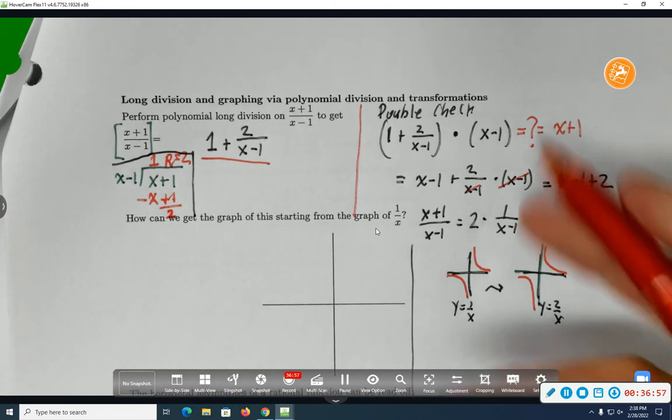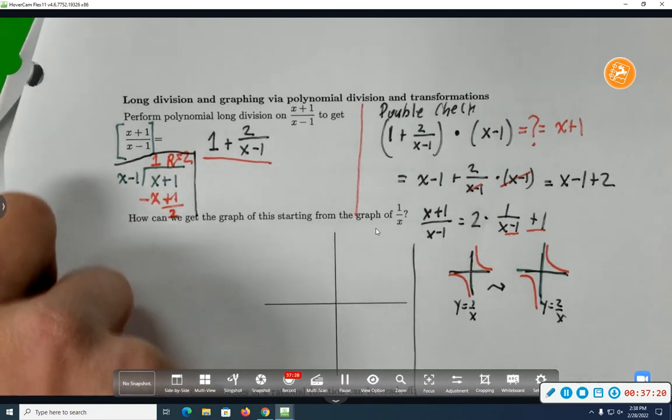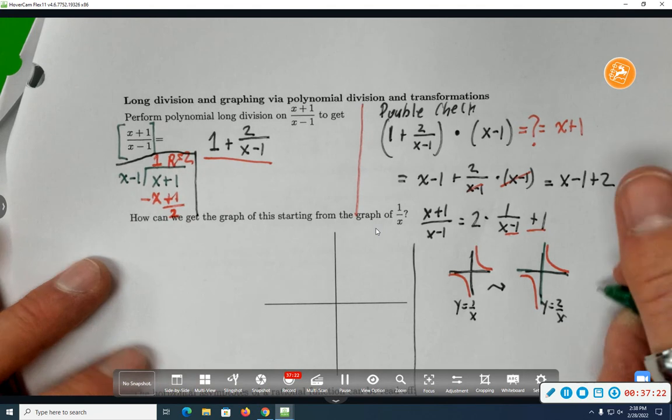Next, I need to deal with this -1 and that +1. What will that do to the graph? It'll get shifted. It'll shift to the right by how much? And up or down by how much? Up by 1. Good. So let's shift this right 1 and up 1. Maybe I'll start by